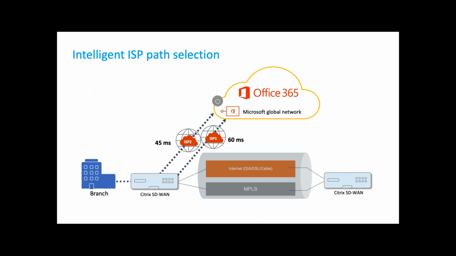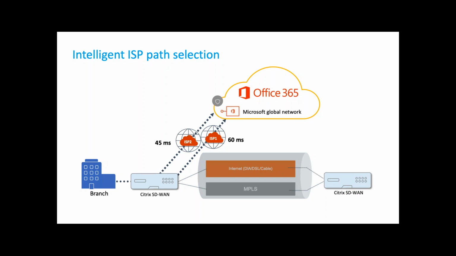And similarly with the Cloud Direct service, with the metrics that we can obtain across these two different ISP links, we can determine what is the better performing link to get you to these workloads. It doesn't necessarily mean that the closest is the best. So we can look at things like latency, as I mentioned before, jitter and congestion. So what might be good for something like Word or Excel or a collaborative document might not also be good for something like Microsoft Teams.